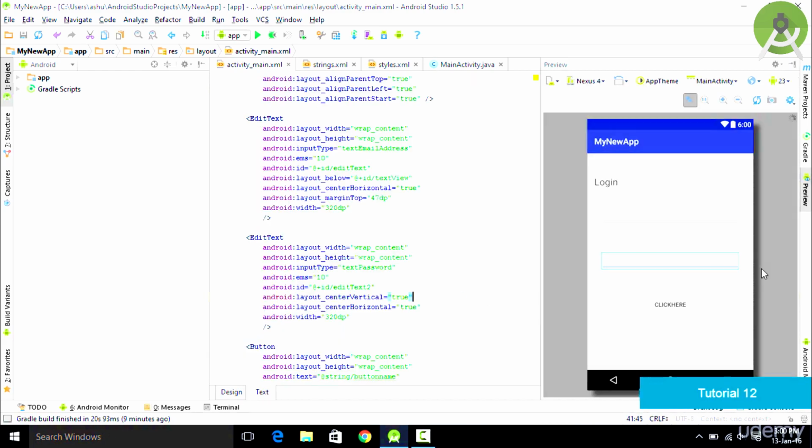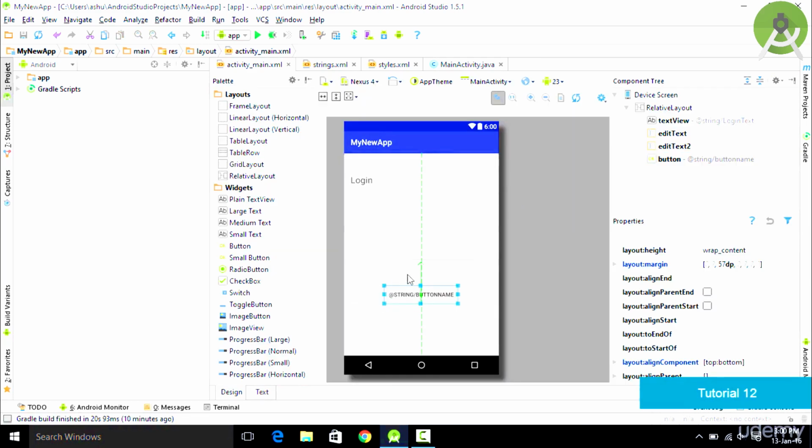Now if you switch to your text view, you could see that it appears like click here over here. Now the thing is that all the resources which are related to our Android applications are stored in this app folder. So if you click on the app folder, then we have a folder which is called resources, which is going to hold each and every resource which is required for our Android application. So if you click on it, you could see that